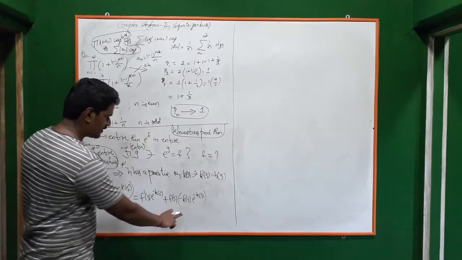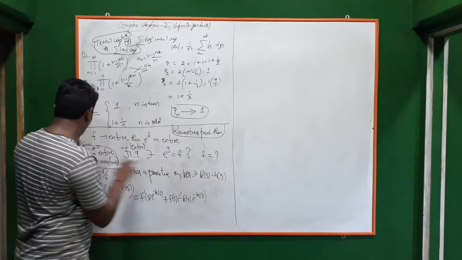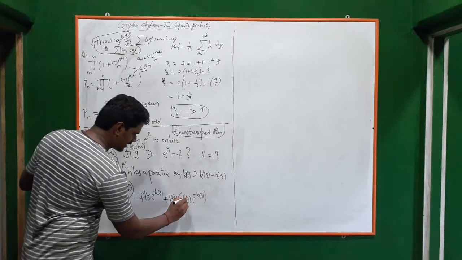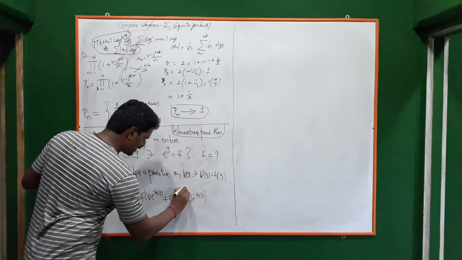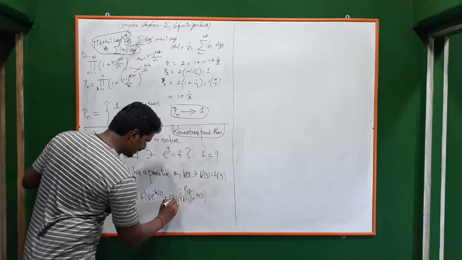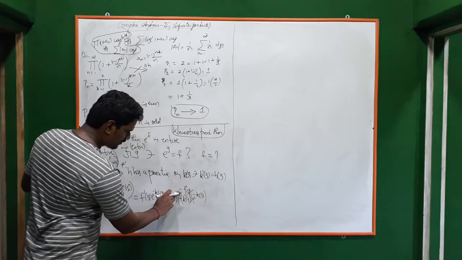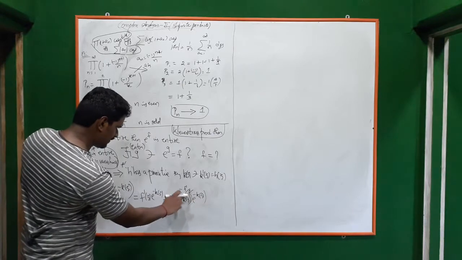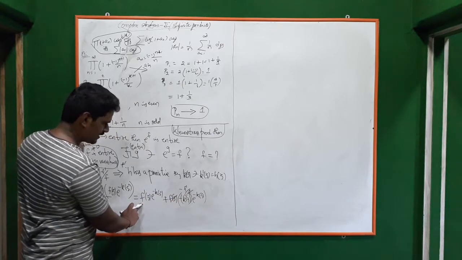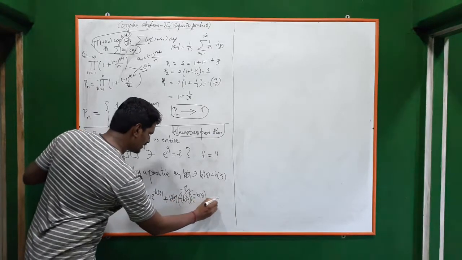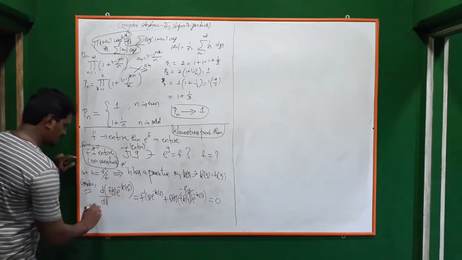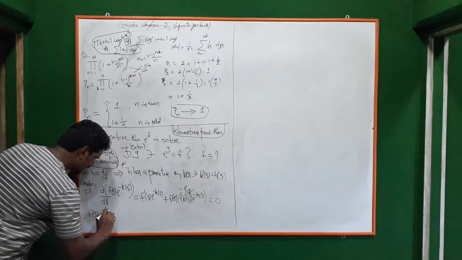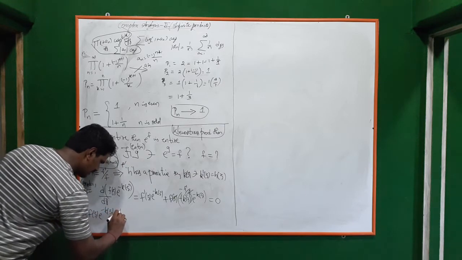We know that k dash of z is h of z, and h of z is f dash of z by f of z. So f of z will be cancelled over there. This can be replaced by minus f dash by f, so this f and this f will be cancelled. So it will be minus f dash e power minus k of z here plus f dash e power minus k of z, so this will be 0. Derivative is 0 means what? The function is constant. So f of z into e power minus k of z is a constant.